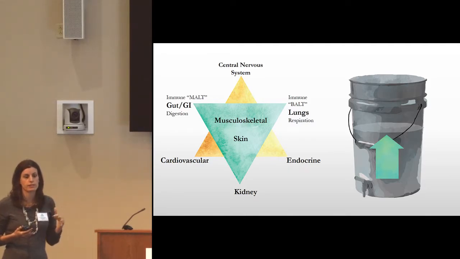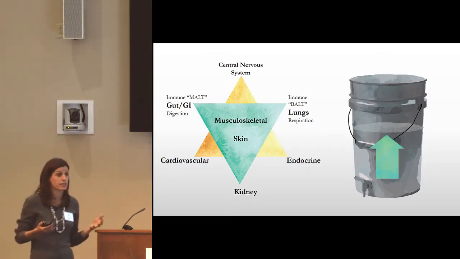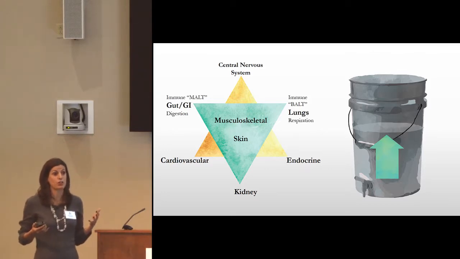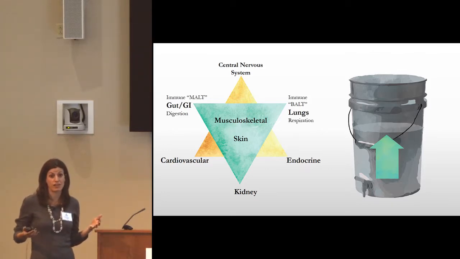So when one of these systems gets challenged by any sort of stress, that could be an emotional stress, it could be an infection, it could be a toxin, it could be any number of things that put a challenge to that organ system, and it gets out of balance, the rest of your body is going to shift to compensate for it. And this compensation is a really awesome thing because it keeps you from experiencing symptoms every time you have a challenge to your body. And that's really important because it allows us to go through life without reacting all the time.